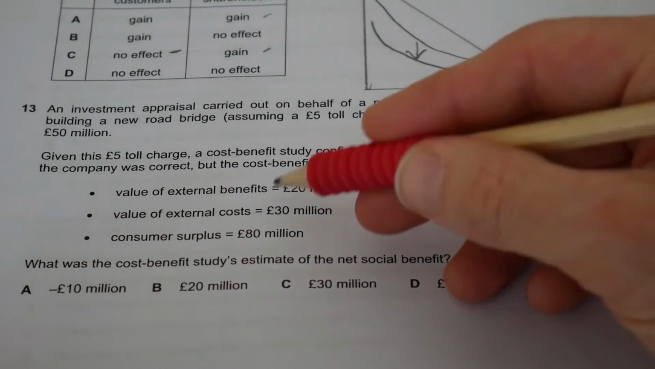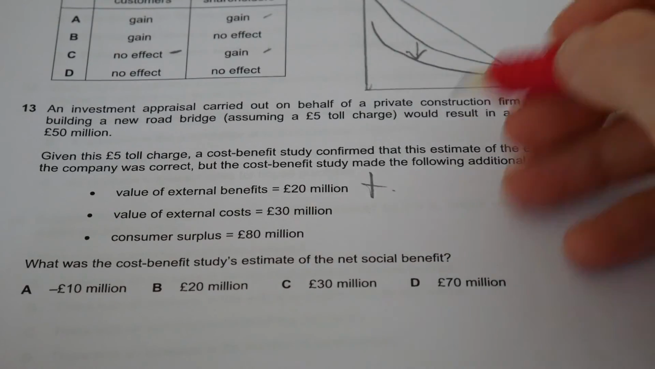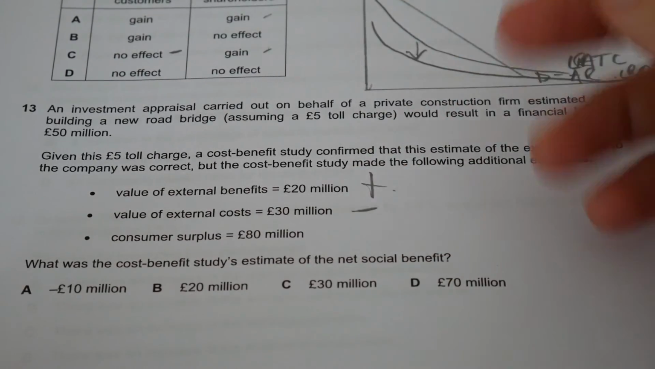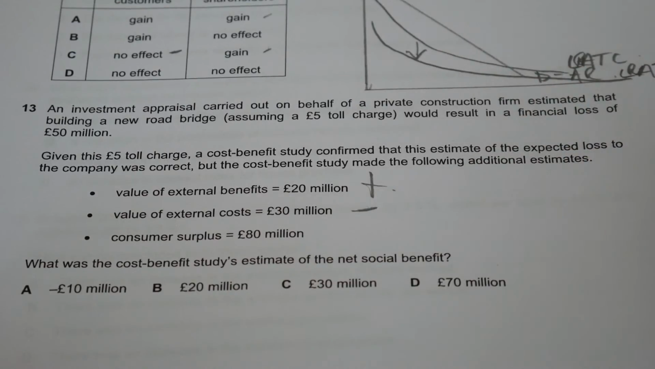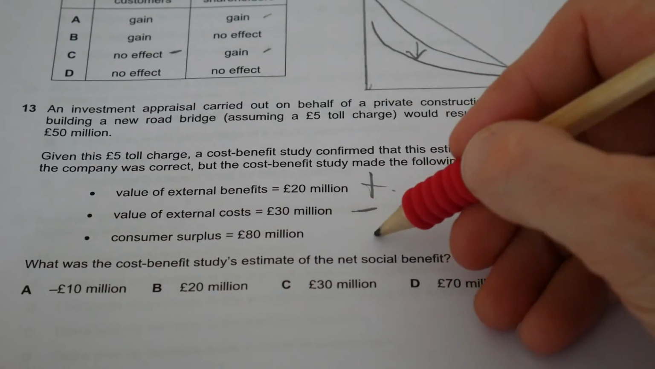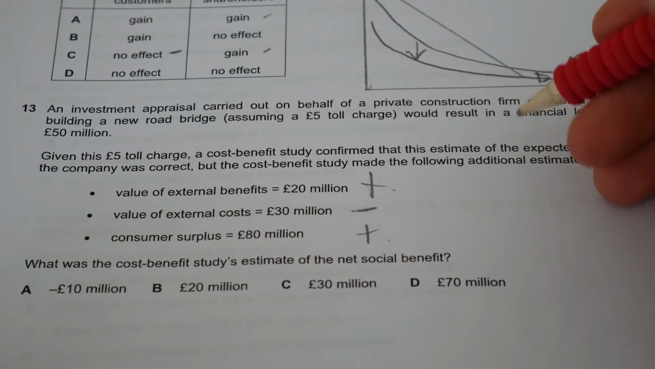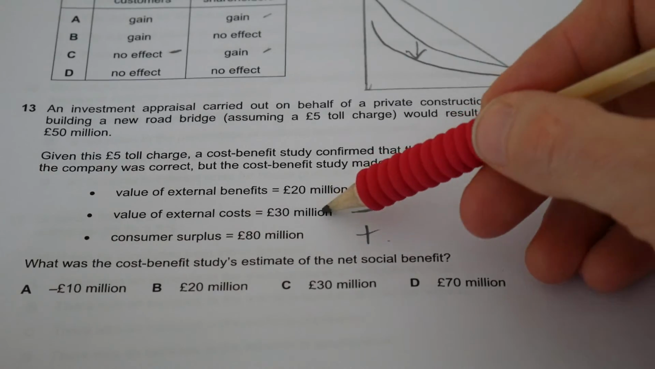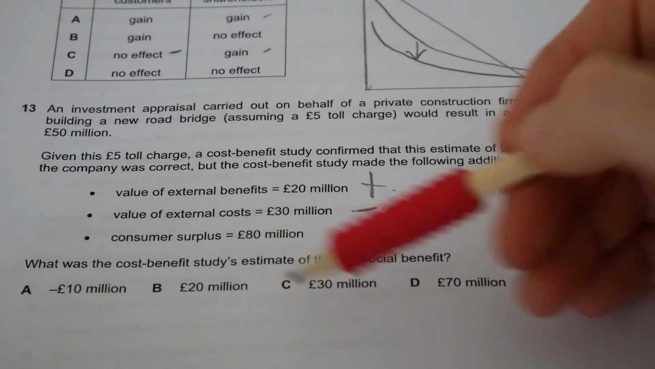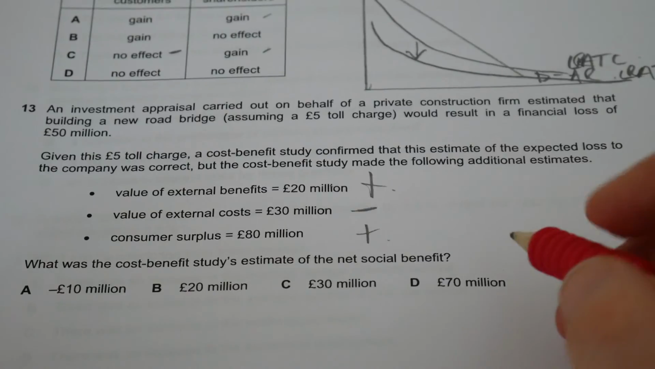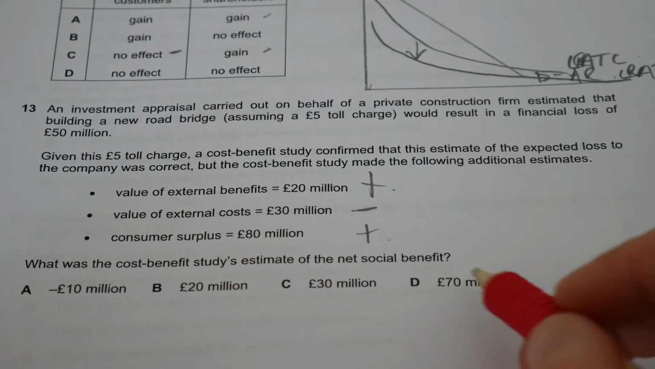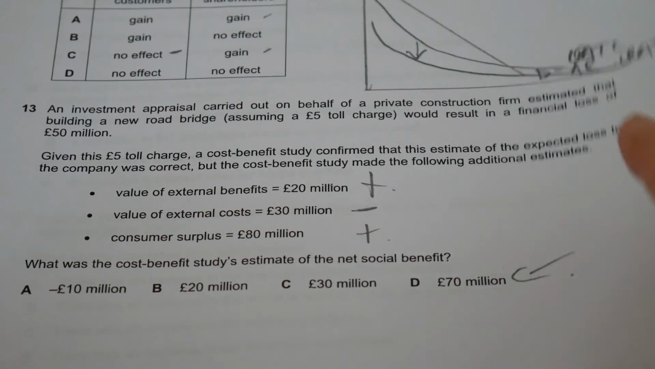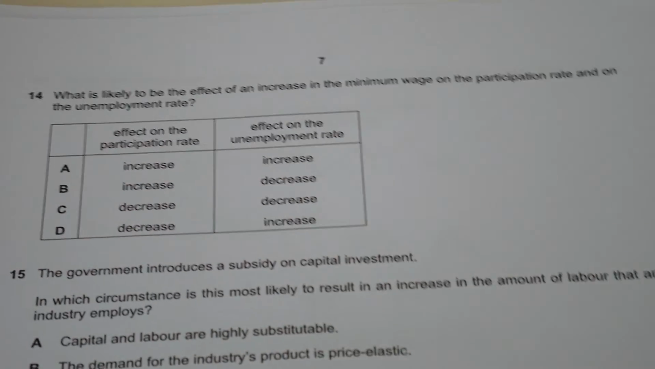Okay, so the value of external benefits is 20 million, and that's positive. The value of external costs in terms of this cost-benefit study would be negative, and the consumer surplus is positive. Okay, so we can see out of this we get 100 million plus and 30 million, which is negative. So what was the cost-benefit study's estimate of the net social benefits? Then we would see the answer for 13 to be D. Okay, right,